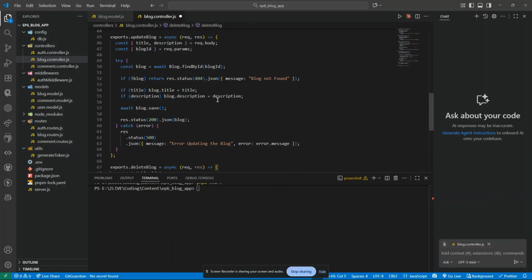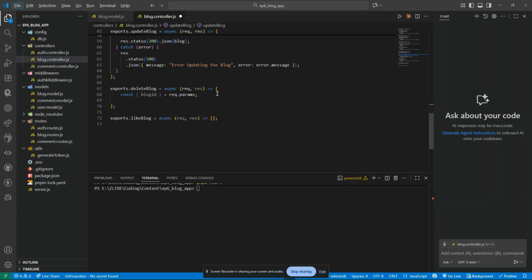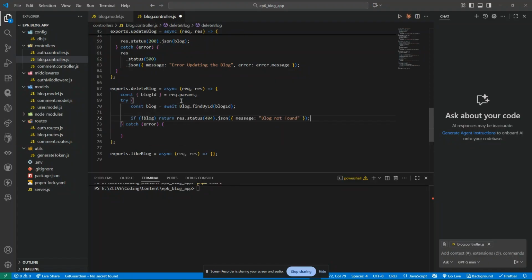We have to do much more similar things as update. I mean to say, we have to check if the blog exists or not. So let me just copy over here and use it as blog. Let's search for the blog. If there is a blog, then, and after that, if the blog exists, then